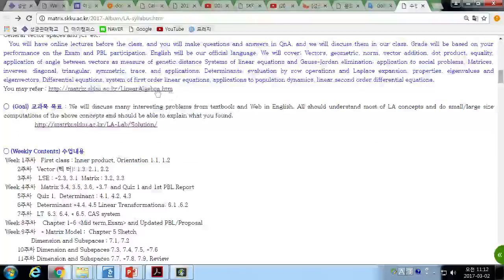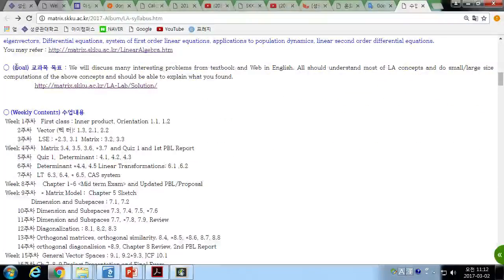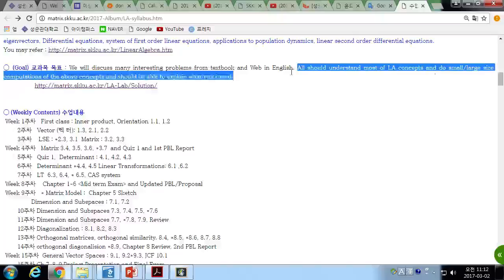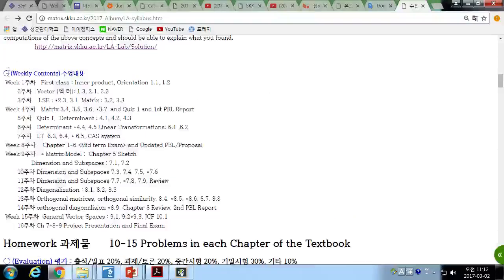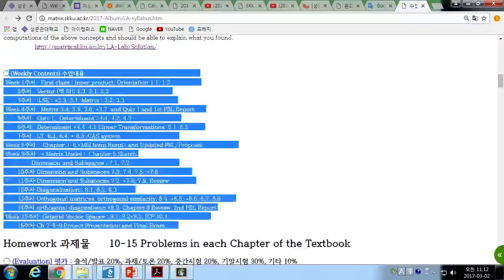And the goal of our class is we will discuss many interesting problems from the textbook and the web, and all should understand most of the linear algebra concepts and do small and large size computation of the above concepts, and should be able to explain what you know and what you did and what you found from the problems and the concepts. Okay, and this shows the weekly contents that will be covered,